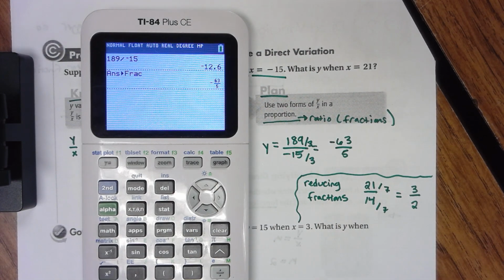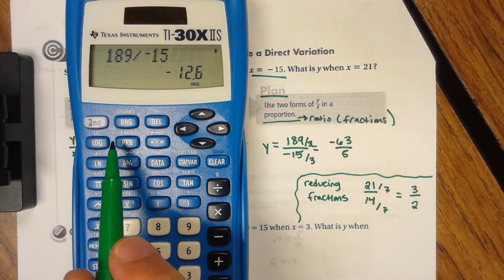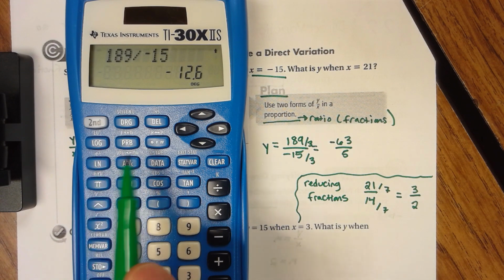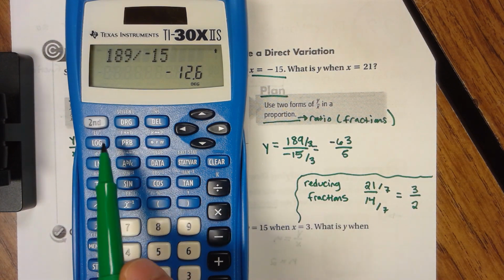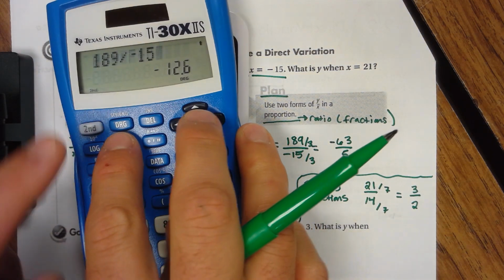Now, for those of you that have a scientific calculator like this one right here, you're instead going to look for a button that has an F to D. Okay, it's some form of that. Most everybody that has these scientific calculators should see this F to D button. So if we go ahead and just press that right now,